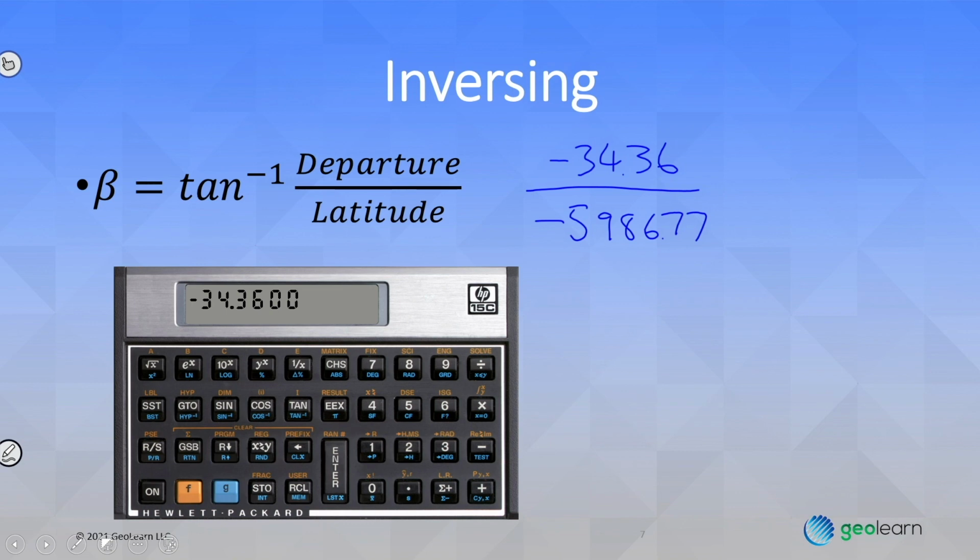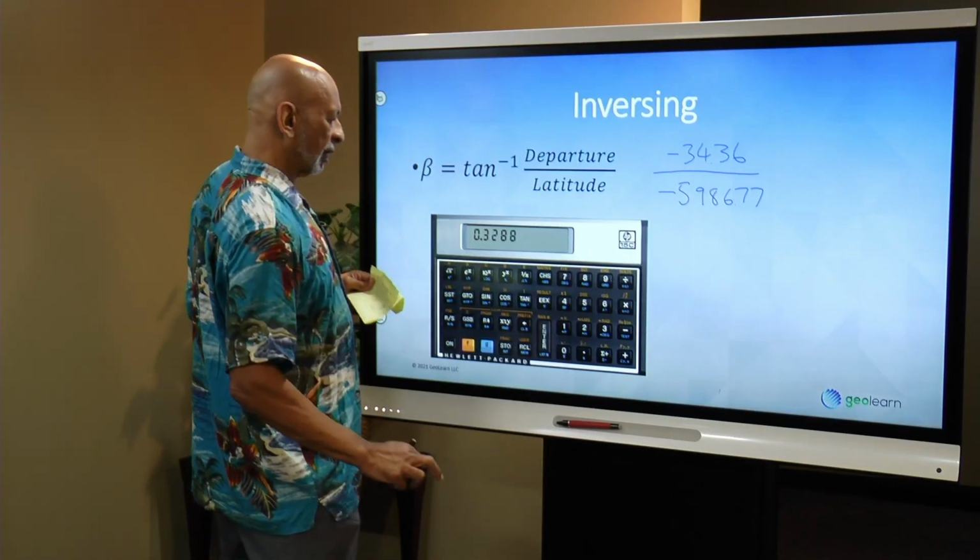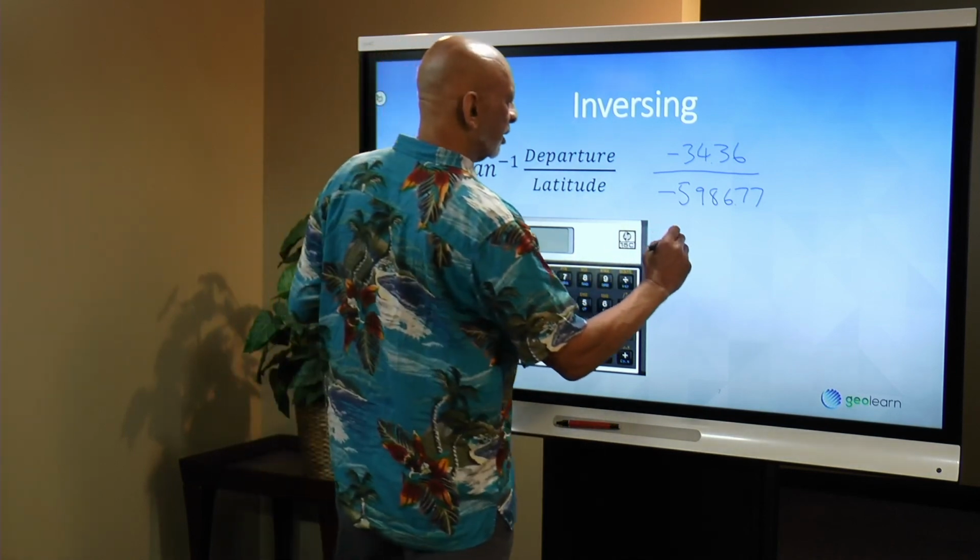So I've typed in the 34.36, so then I put in the 5986.77, and since I put in the negative sign for the numerator, I've got to do it for the denominator, so there's the negative. Then I hit my division function. I hope you guys are all okay with RPN calculators. It's my favorite. And then what we're going to do is take the arc tangent. So the arc tangent would be this function right here, and I get